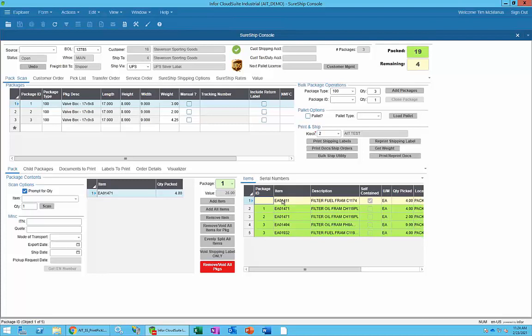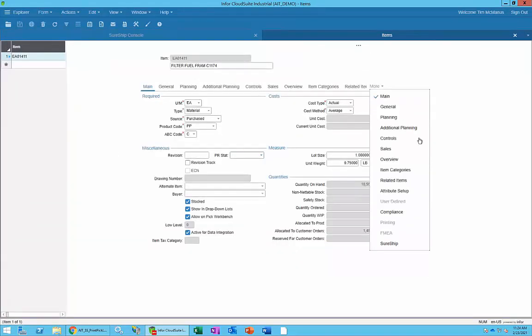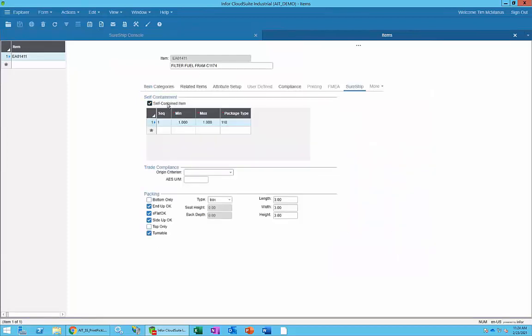So Amazon pulled it off the shelf and they put a label on it and they shipped it. There was no process of going through this. So, if you buy a computer monitor, that happens that way as well. So if we take a look at a self-contained item, we can set that up and say for any given